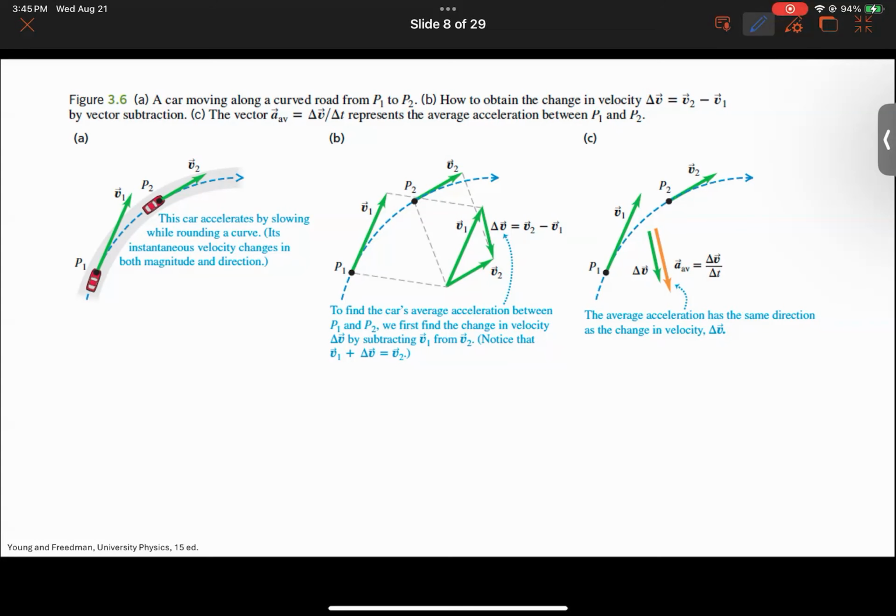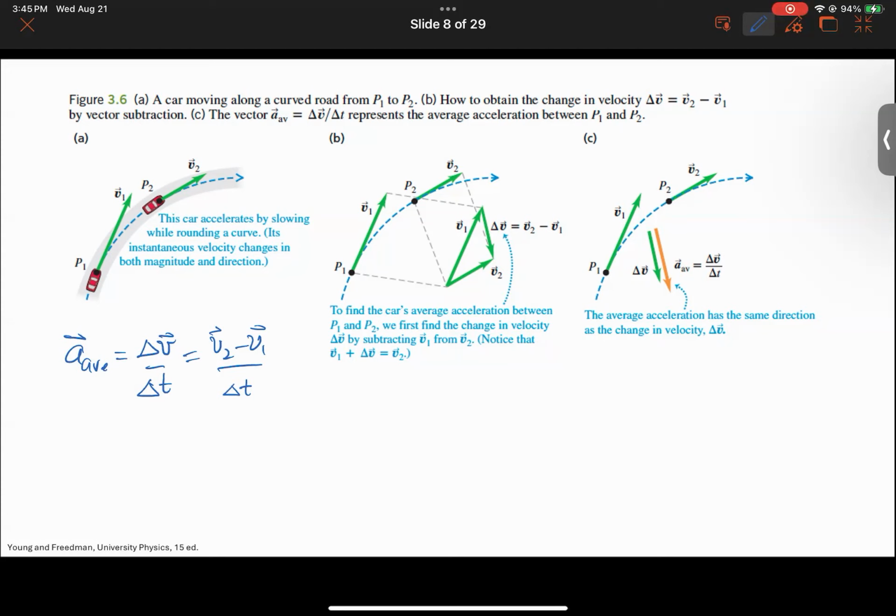Okay, so the average acceleration is given by delta v over delta t, or v2 minus v1 na vector,